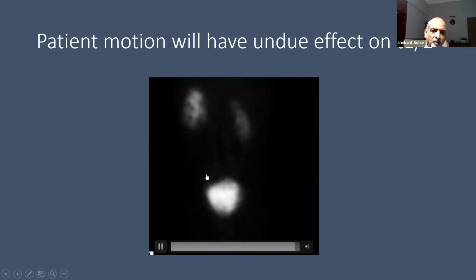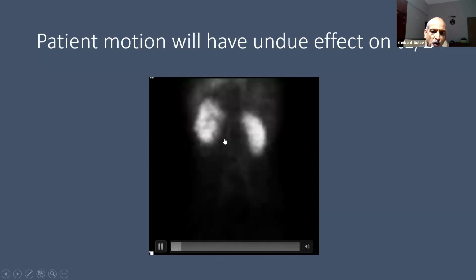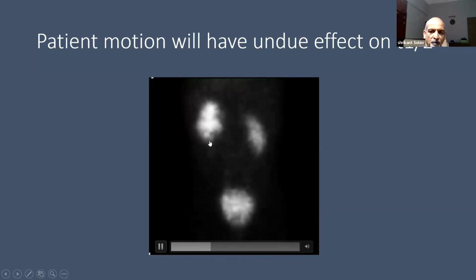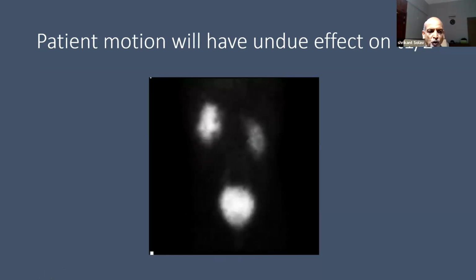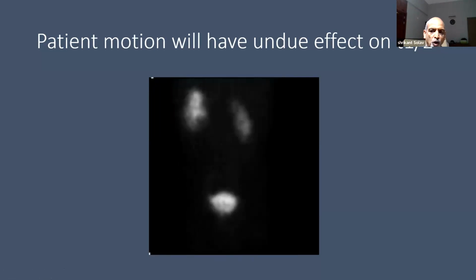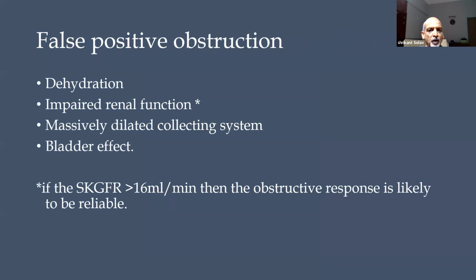So you can see here, before the pause and after the pause, although the patient has moved, there is complete clearance. So both the F+10 protocol and F-15 protocol have ruled out obstruction in the supposedly dilated pelvic calyceal system. False positive for obstruction can occur if the patient is dehydrated, if the patient's renal function is impaired, if there's a massively dilated pelvic calyceal system, and I will come to that in a while,